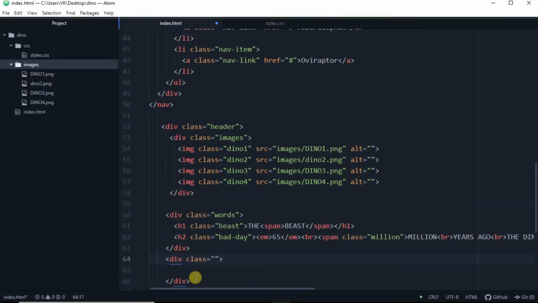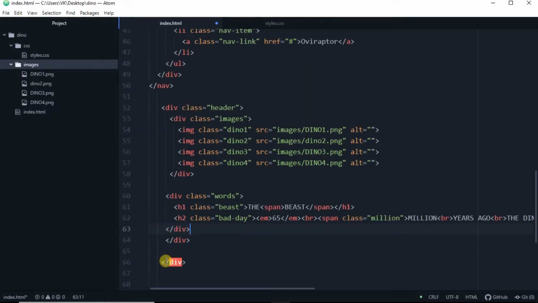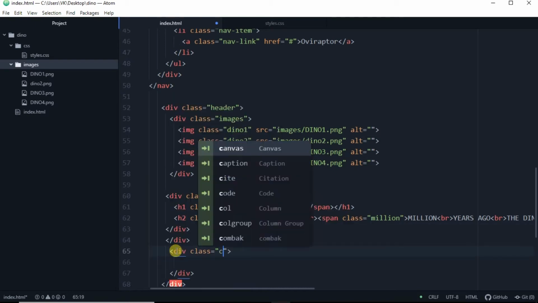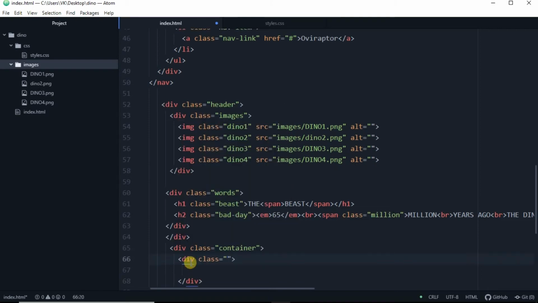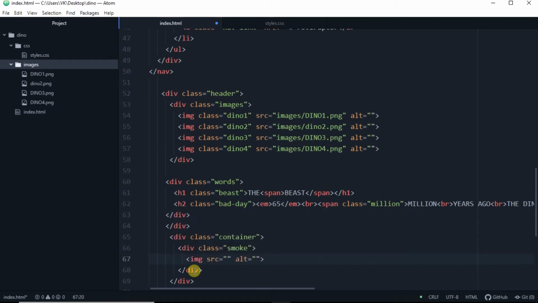Below this div we'll make a new div again, which has class container. Inside that div we'll make a new div that has class smoke. Inside that we'll make a new image tag which has source images/cloud.png.